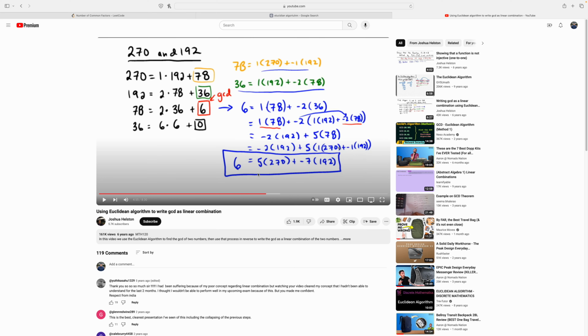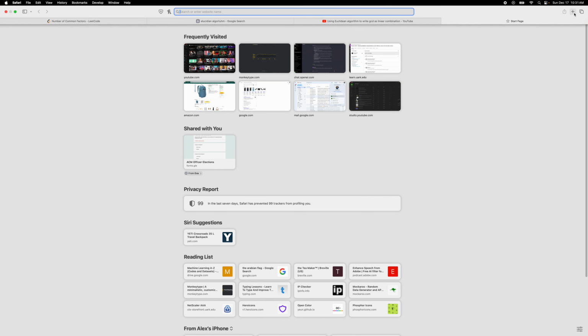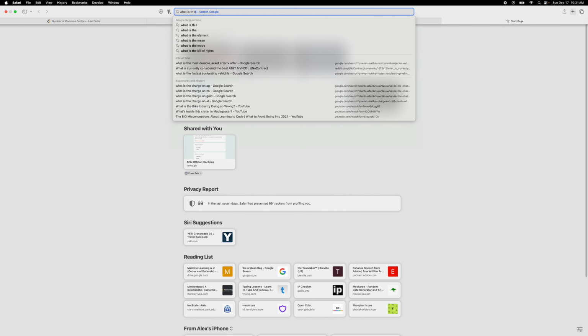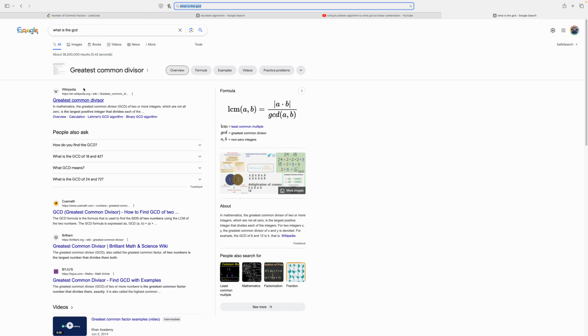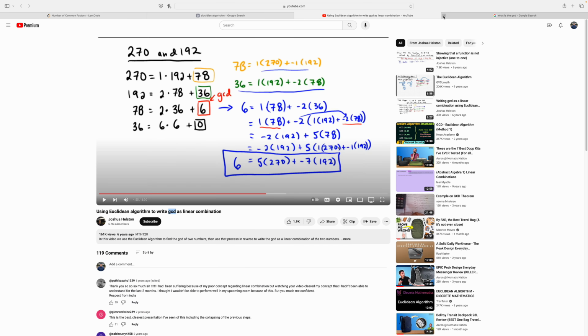Greatest common divisor, right? What is the GCD? Greatest common divisor. Okay, so I can use the Euclidean algorithm to find the greatest common divisor,